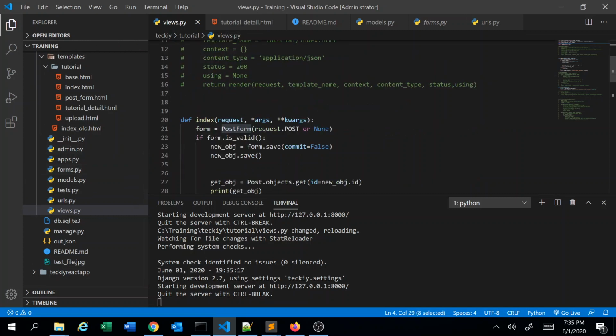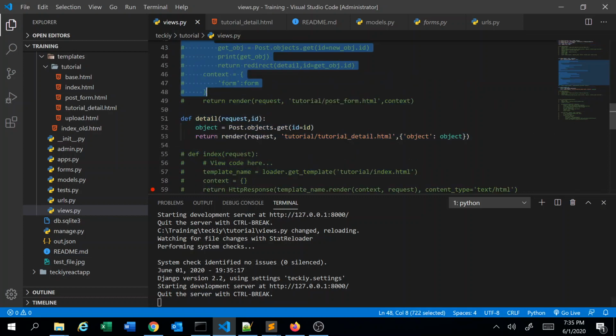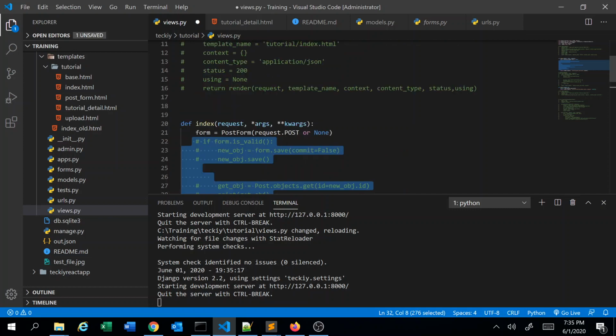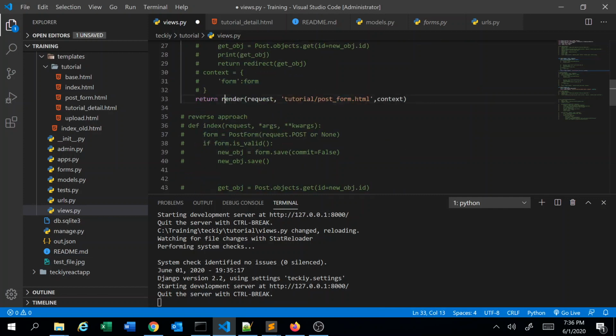And let me get rid of this for the time being. So basically, we initiate the form when we get the request to this view. So either this form gets post data, or this form will receive no data. That's called None, right? So having the form and this method we discussed in the last video, and return render